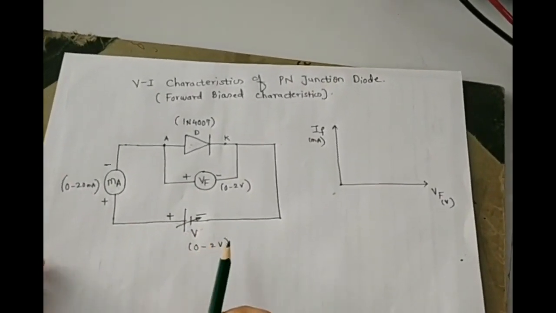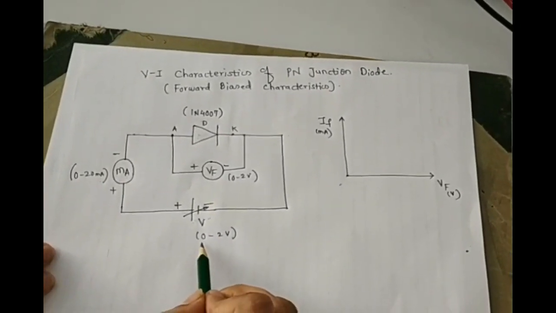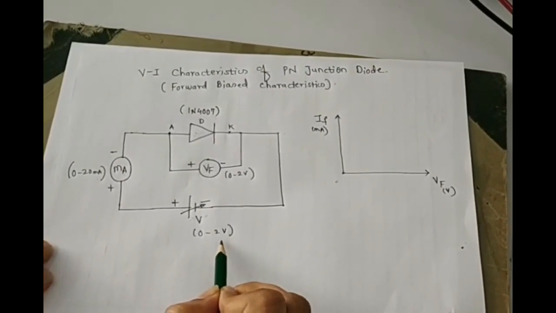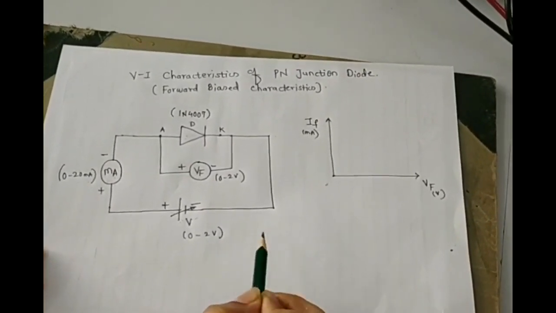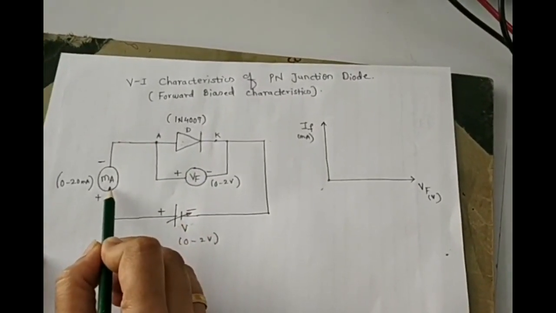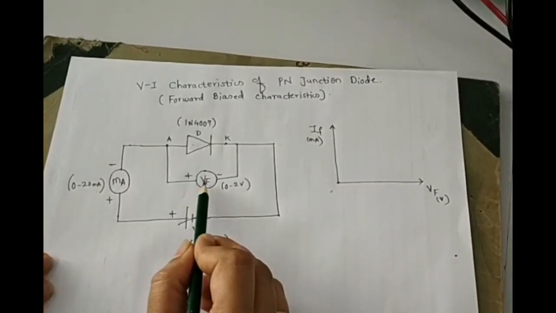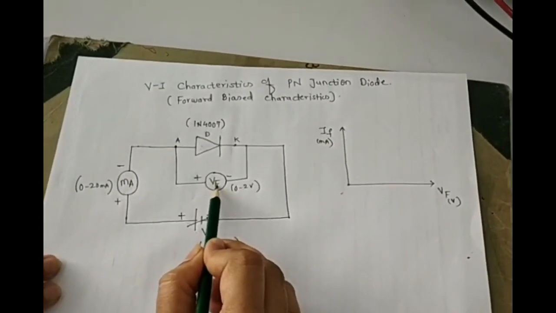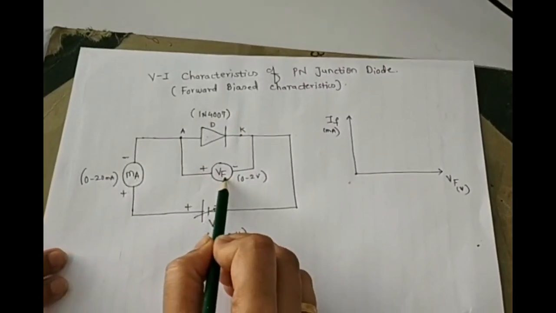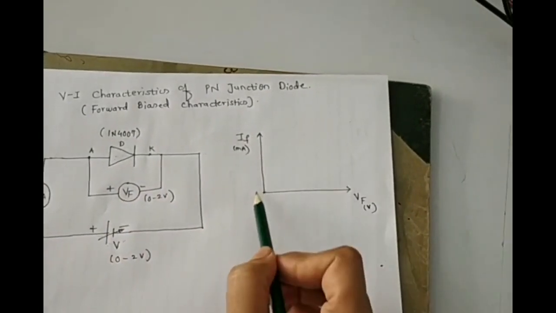Now how we are going to apply voltage is, we are going to apply voltage from 0 to 0.1, 0.2, 0.3, 0.4 like that, and accordingly for each voltage we are going to observe the current flowing through the diode as well as the voltage dropped across the diode. Now using these two observations, we are going to have the plot, that is the VI or IV plot of the diode.